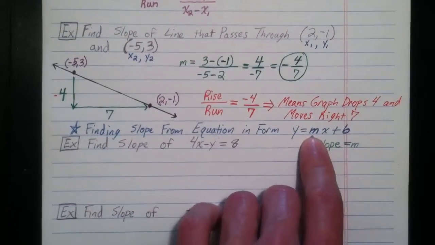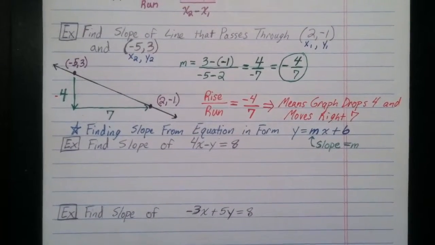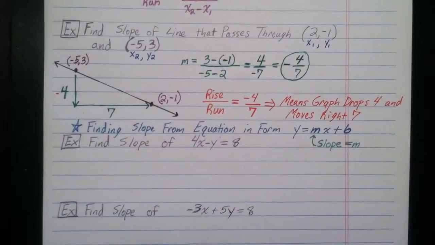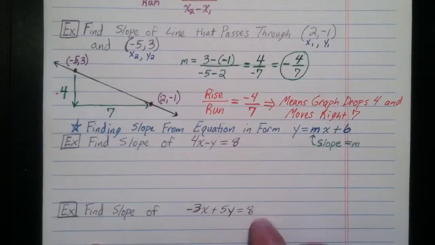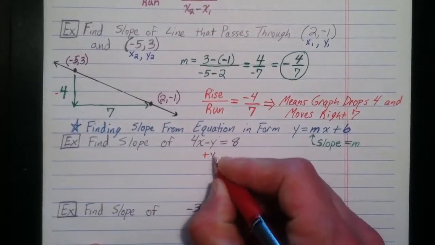We needed to get it into this form. So in order to do this, we're going to have to manipulate that equation a little bit. So our whole goal is to get the y by itself. And it doesn't matter what side it's on as long as it's by itself. So actually probably the easiest way to do this would be we could move the y, that we could cancel